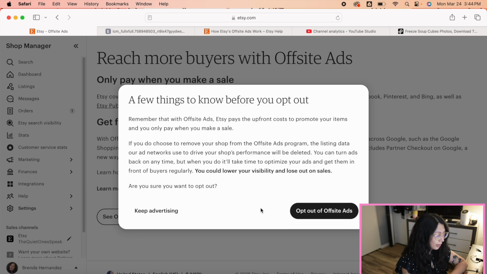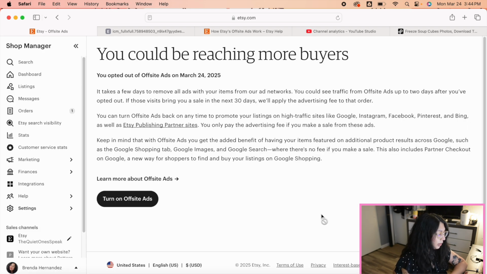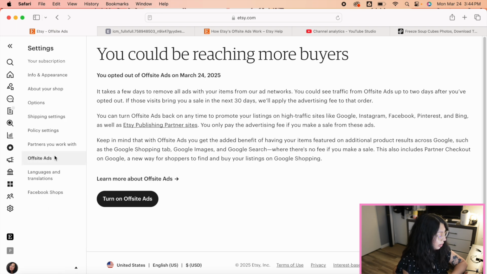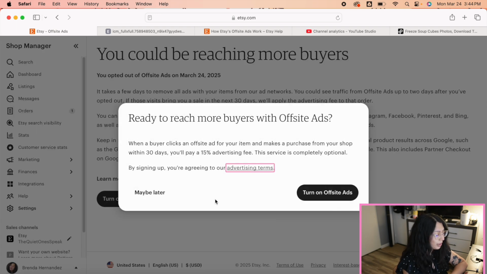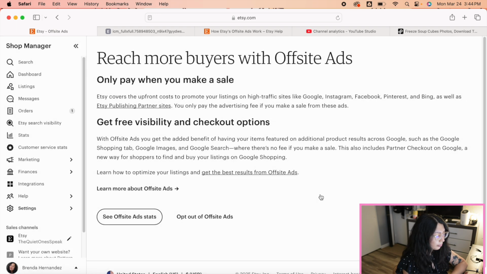And I'm guessing it's the same. Yeah. So if you want to turn it on, it's the same process. You would have to go to settings, Offsite Ads, and then turn on Offsite Ads. Okay. So yeah,